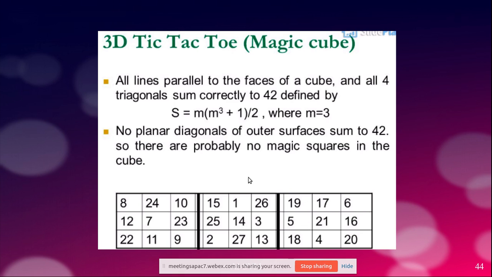So consider any pairs and subtract it from 42, whichever cell it is. If it says 26, place your mark here. If it says 21, place your mark here. If it says 11, place your mark here. It's as simple as that. So you are now making the computer more intelligent.